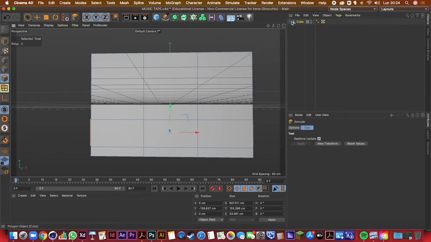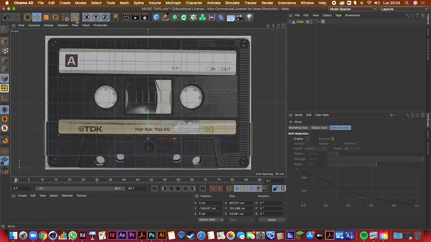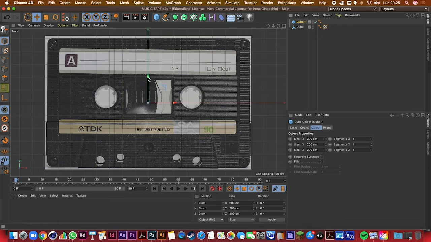And so now what we have to do is this part that you see at the front. So click on the arrows to don't have this extrude symbol. And note you have to go to the normal mode here to the left. The best thing we can do is just to create another cube and to deform it. So go for the cube here, move it,